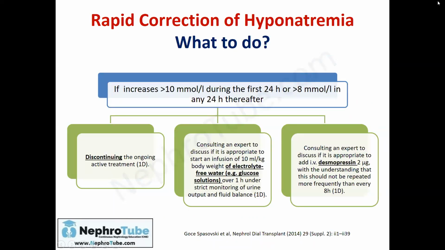So what if rapid correction happened? What do I have to do to decrease the serum sodium again? If sodium concentration increases more than 10 millimole per liter during the first 24 hours, or more than 8 millimole in any 24 hours thereafter, for sure discontinue the ongoing active treatment, stop the hypertonic saline or whatever you are using. And you can give the patient